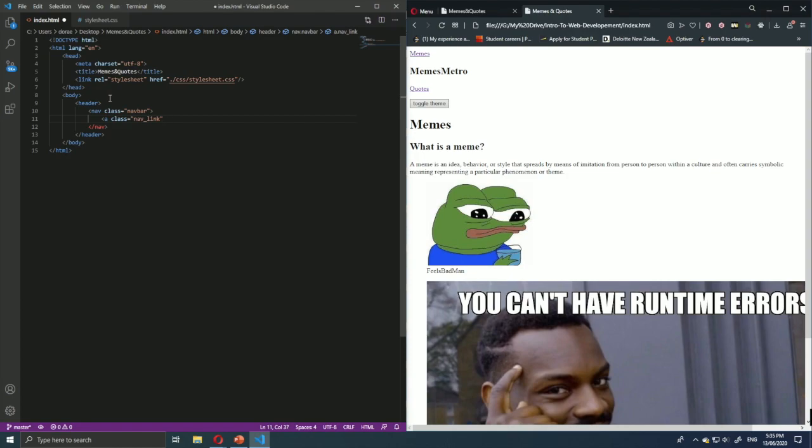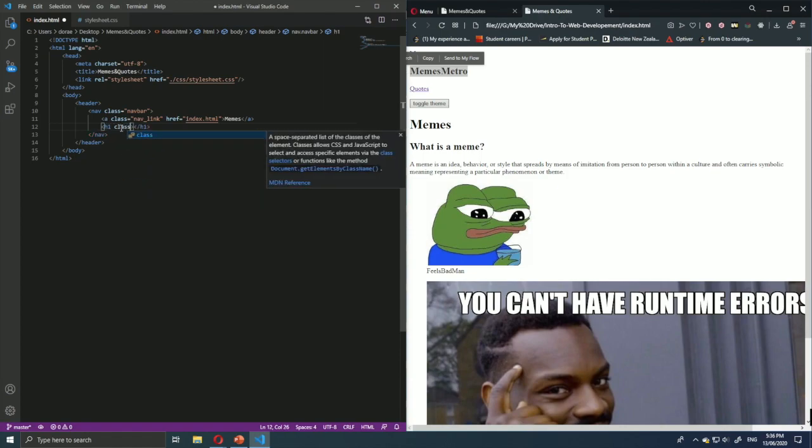So in here, the href is the index.html because the meme page is the front page. And we will close the anchor tag. And the content that we want displayed is memes. And after that, we have the memes metro header. So we will open up an h1 tag, and we'll give it the class name of center_text, and the name is memes metro